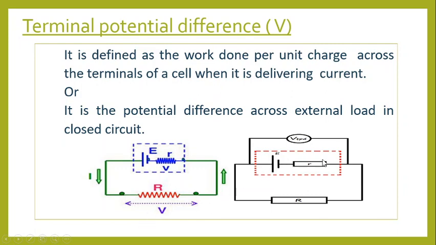And if you look at this second diagram here, the voltmeter I'm having here is connected to this cell. The cell is what I'm having here, the circle with a red broken line. So the potential difference I'm measuring in this case is what we call the terminal potential difference. Simply the same thing as work done per unit charge when current is flowing, when current is delivering, or the potential difference across the external load. Load is the same thing as a resistor or any other thing attached to the cell, or the potential difference in a closed circuit. So potential difference in a closed circuit is what they call the terminal potential difference. It's a very important point that you need to take note of between the two.